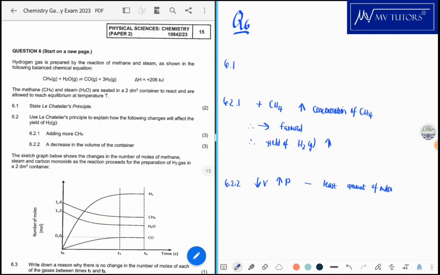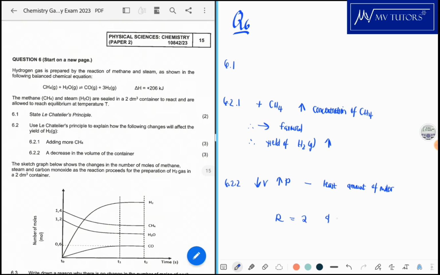Is it on the product side or on the reactant side? With regard to our reactants, how many moles do we have? We have 2. And with regard to the product, how many moles do we have? We have 4. So the reactants will actually be favored, and as a result, the yield of hydrogen gas will